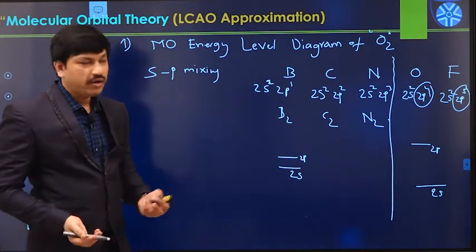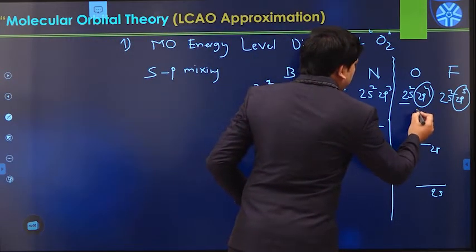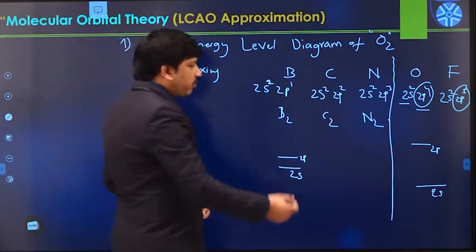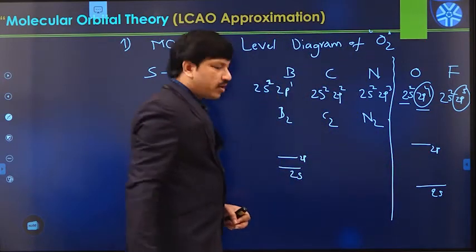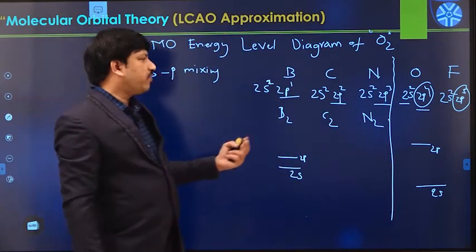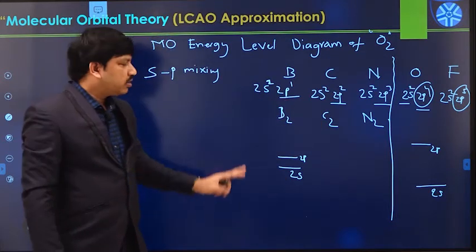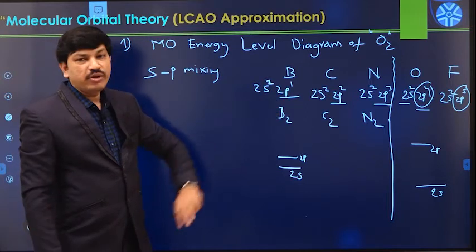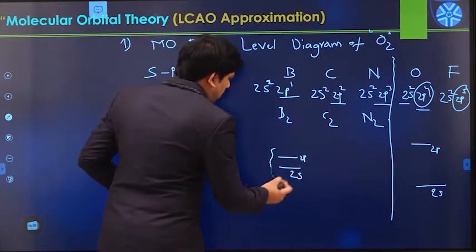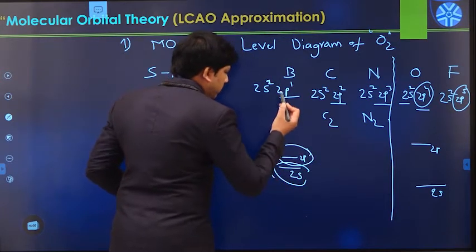Due to more electrons available in the oxygen and fluorine atoms, there is some kind of repulsion between the 2s electrons and 2p electrons. Therefore, the energy gap automatically increases. But here we have fewer electrons, either less than half-filled or up to half-filled configuration. So in these three cases, the repulsion between the 2s orbital and 2p orbital is a little bit less. Therefore, the energies of these two orbitals are very close to each other, so the 2s orbital can easily mix with the 2p orbital.